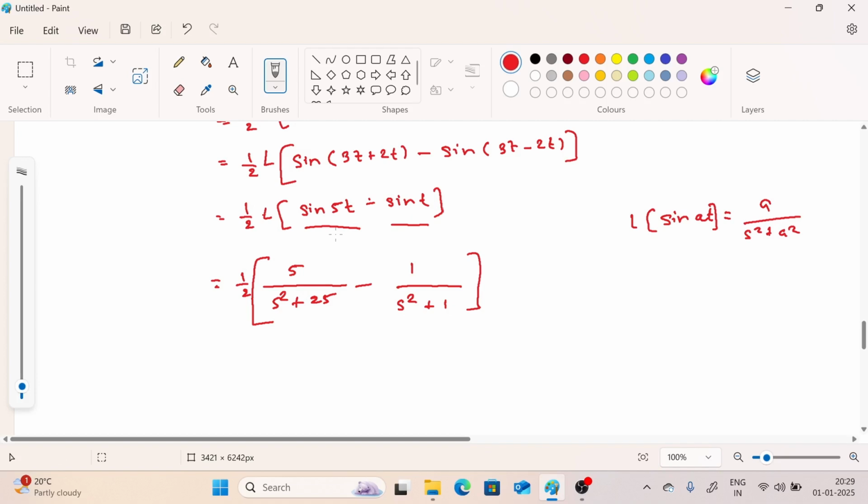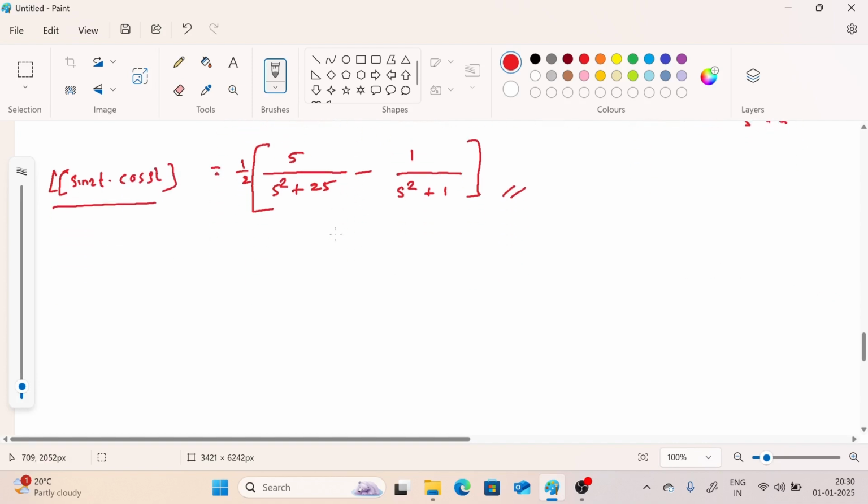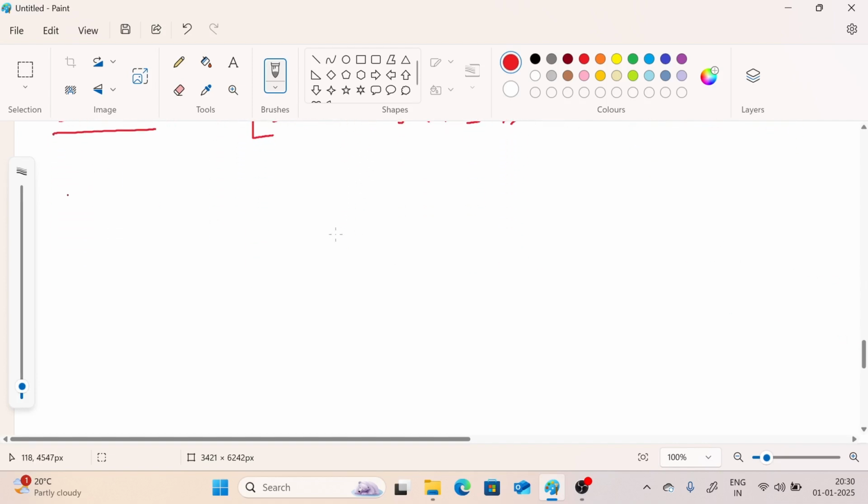Right? If you want to simplify it, you can simplify, or you can put this as it is, it is the answer for the Laplace of sin 2t cos 3t, right? Next one,